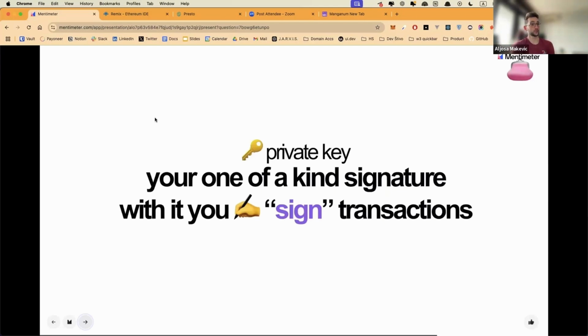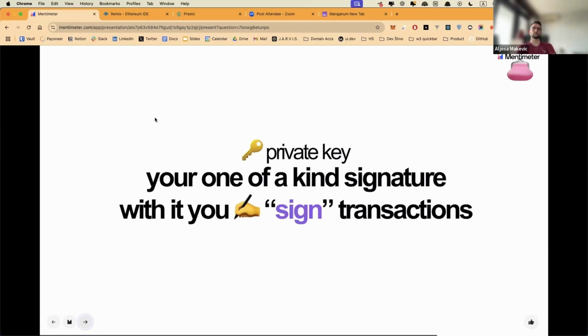The order of the words is very important, and you should never ever let anyone see your private key, because as soon as they have it, they have control over your wallet, and it's over, because you can't change the password itself. Or, as some of you said, someone lost their private key, and then you lose access forever as well.